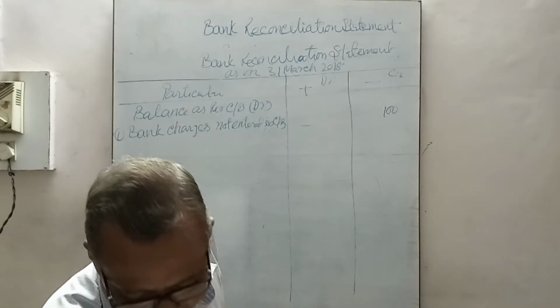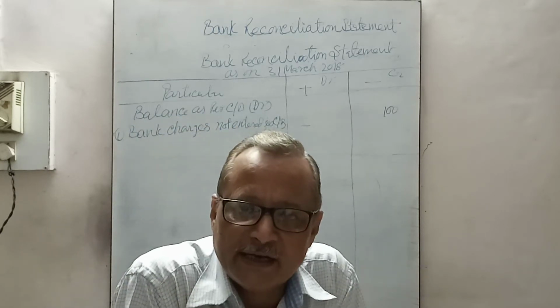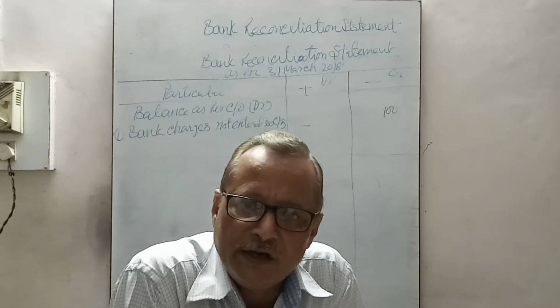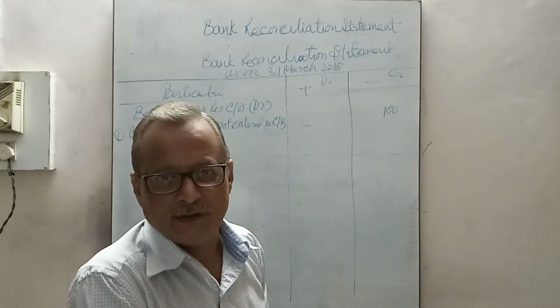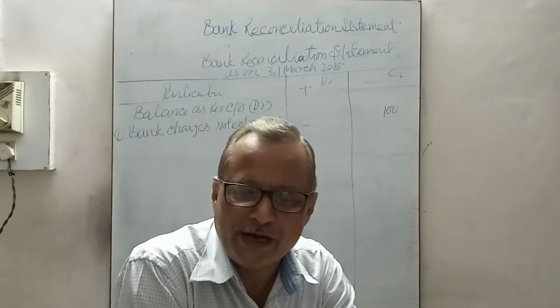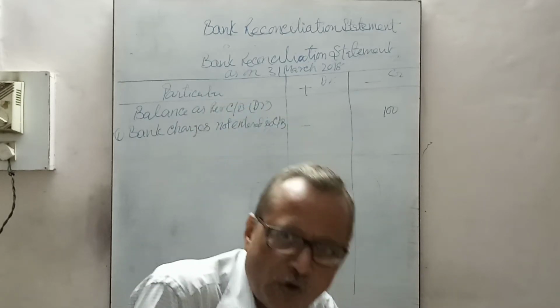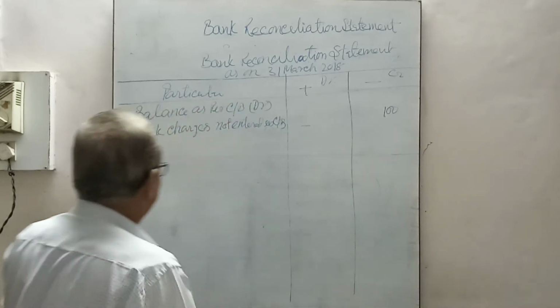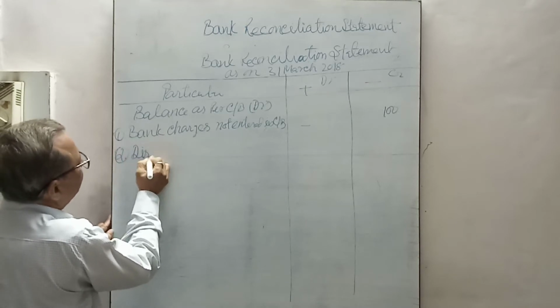Second is debtors paid 2,000 into the company's bank. It means one of your customers or debtors directly deposited in your bank account. The bank balance has increased. Once the bank increased, the cash book is showing a decreased balance in comparison to the passbook. So the cash book should also be increased, and that is due to the direct deposit